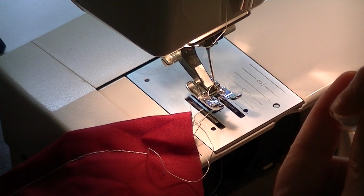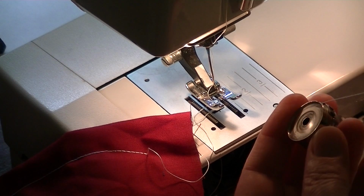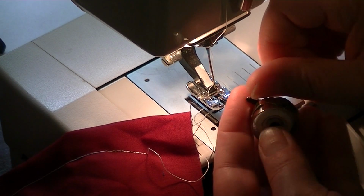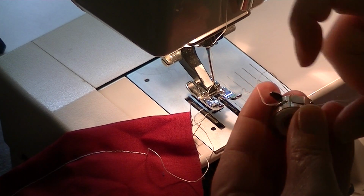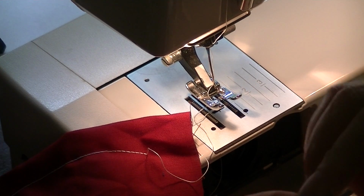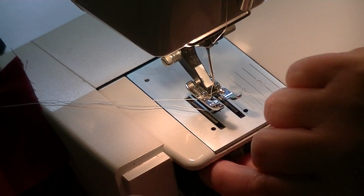Got the indent that goes in the bottom, and the dome shape goes in the top. You put it in that groove, and then you kind of put it behind that little doohickey right there. Technical terms. And then you want to,